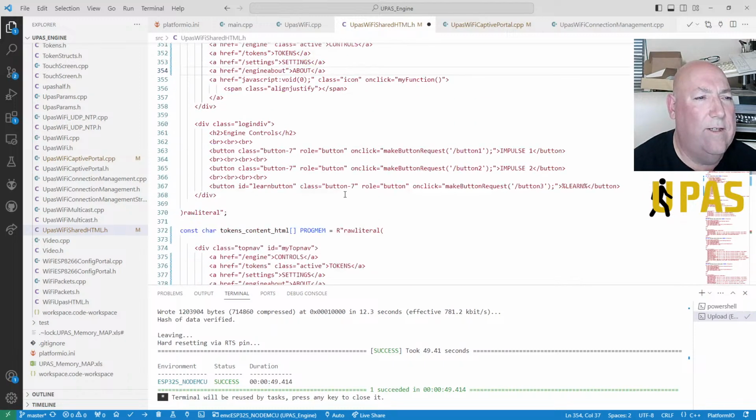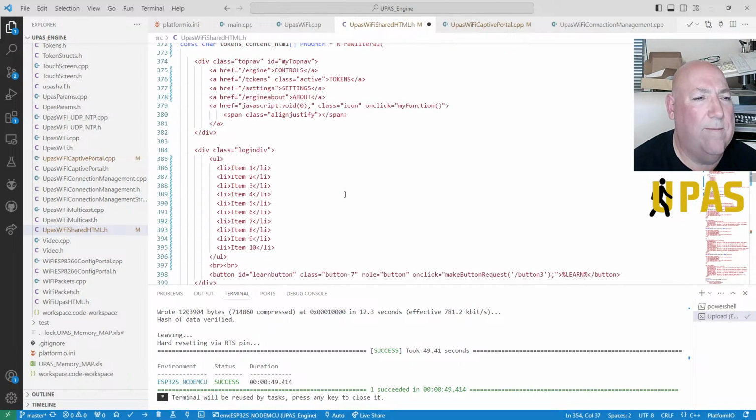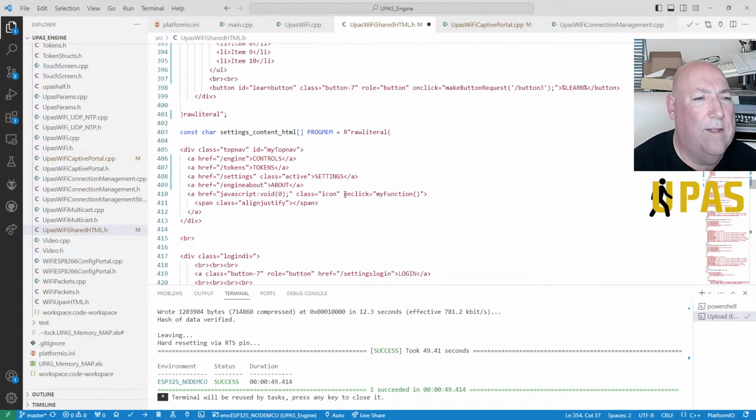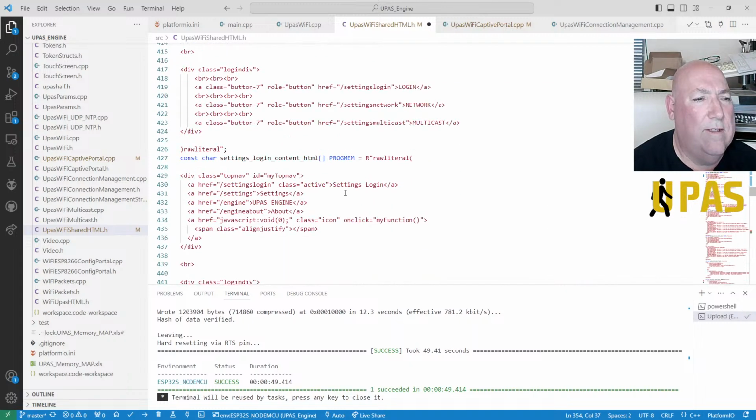Let's go down the list and make sure the rest are right. Yeah, there's settings, about, this won't be right, so settings login. Okay, so that okay, settings login. What's that one? Oh, for the settings for the login, yeah, got you.